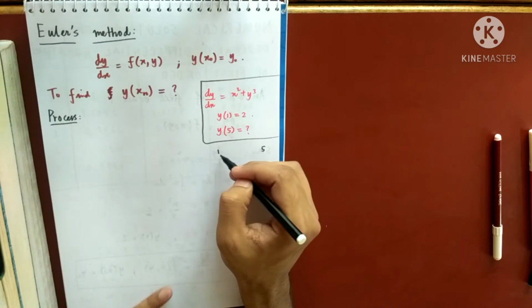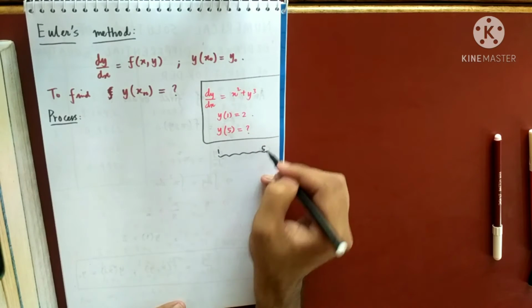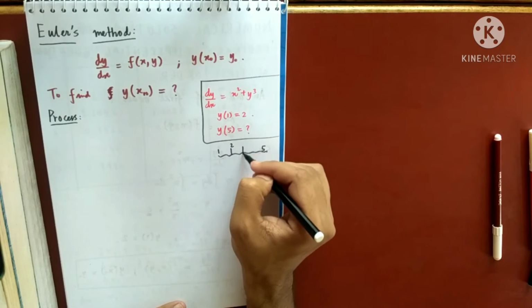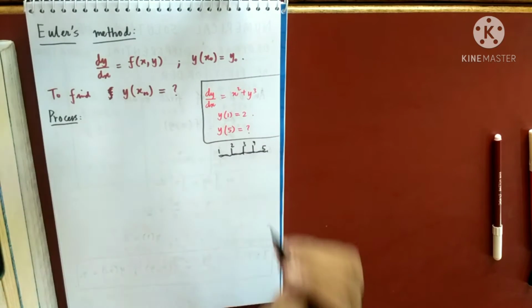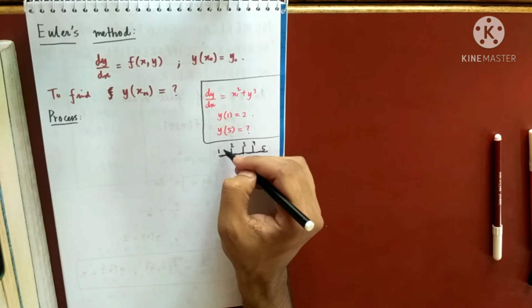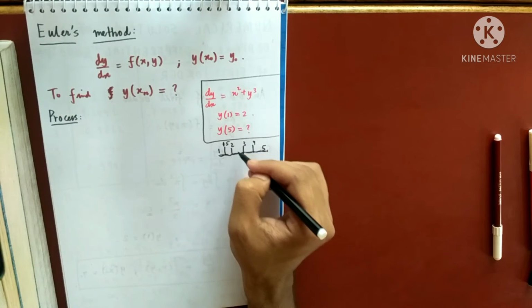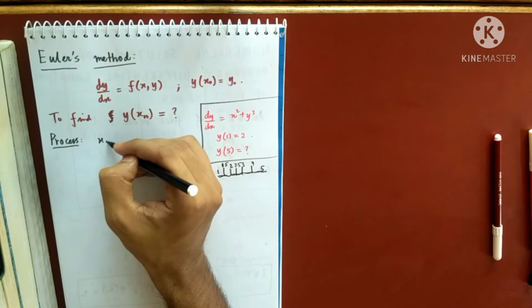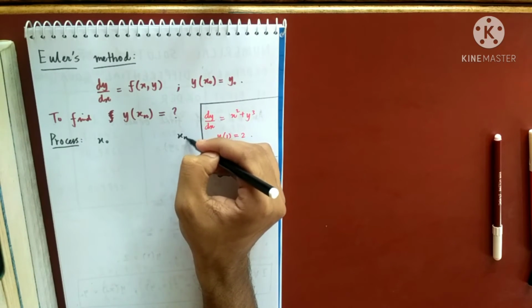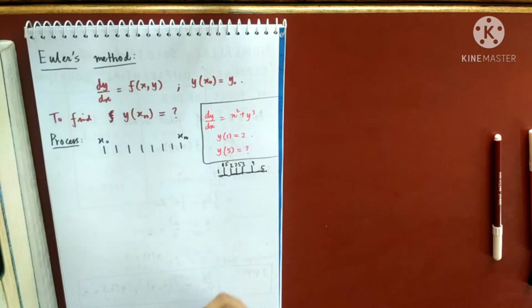What Euler did is, he divided into small sub intervals like 1 to 2, 2 to 3, 3 to 4, 4 to 5. He divided into smaller sub intervals. You can also divide 1 to 1.5, 1.5 to 2, 2 to 2.5 and so on. So what is our aim? I know x0, I have to reach up to xn. I will divide into small sub intervals. So this is what was done by Euler first of all.